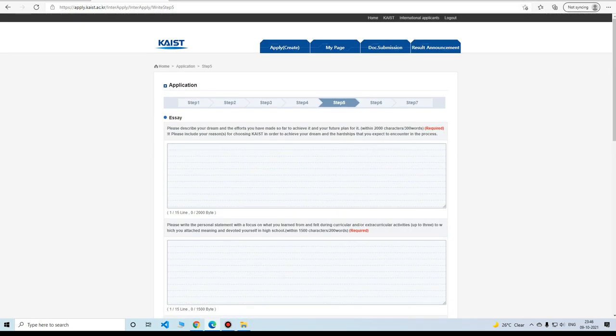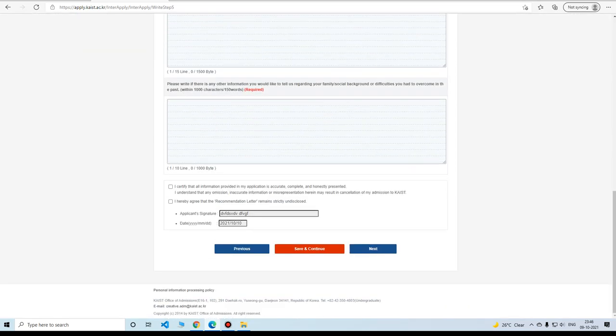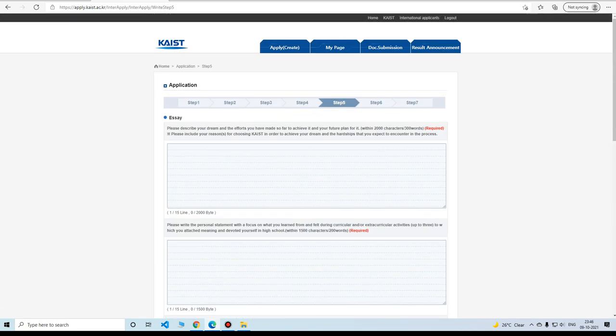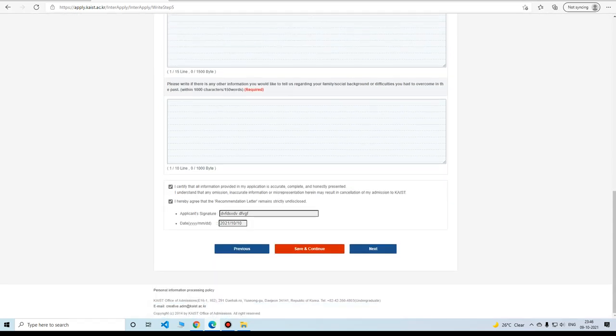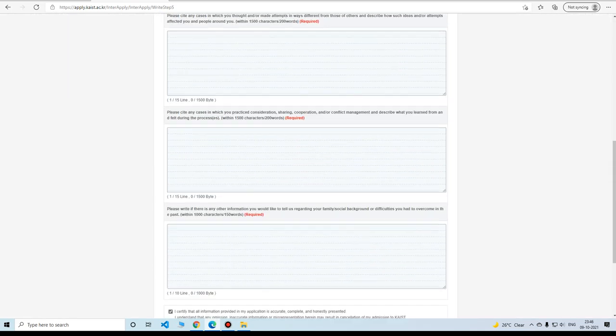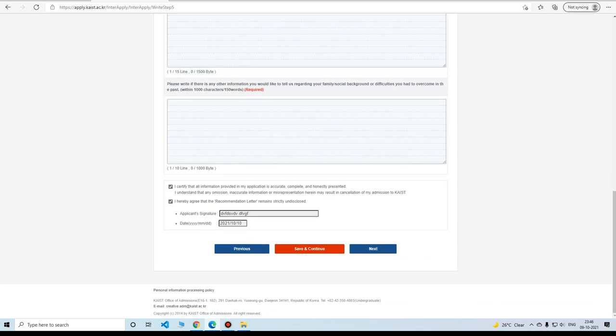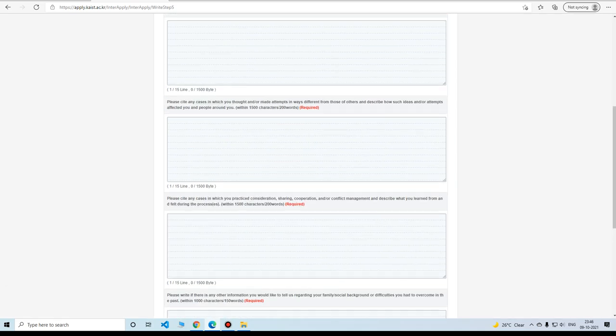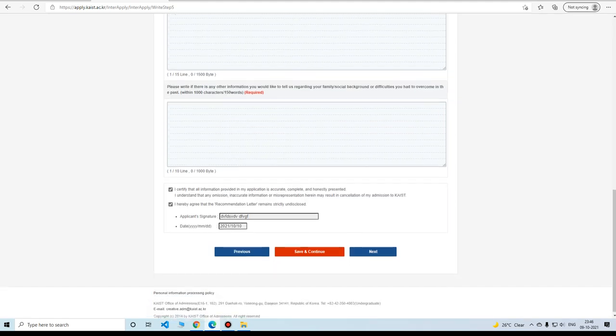I mean, maybe you can find and compare, but it's really not that important. Surely it does help, but it's not required very much. And you have to click these boxes after you have finished. Now, I think I found out from someone, I'm not sure if this is correct or if I remember correctly, but all the essays are required now, but this one was earlier not required, I think. But right now you have to write all these essays.